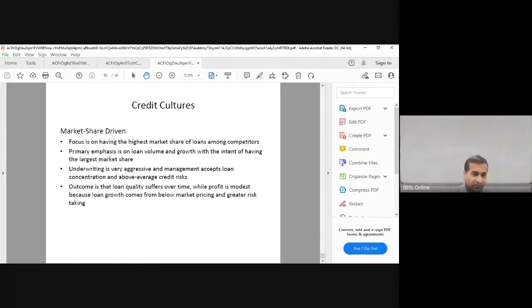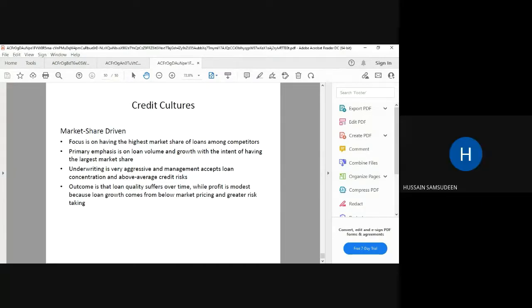Similarly, you get the market share driven. Their intention is to enlarge the market size by attracting more and more risk-based customers. Sometimes, since their underwriting mechanism is quite aggressive and takes a high amount of risk, they can be in trouble when the market presence is not good. When the market is high risk, they have to take that risk.